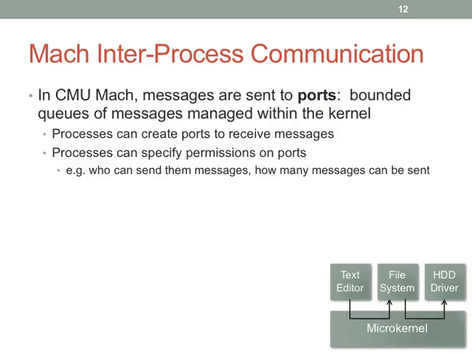So here's a little bit about the abstraction. You'll notice it's very similar to what I just described about how people tend to approach this. So you had ports. Ports were basically endpoints that processes could listen on for messages. So you could create a port. You could say who's allowed to send me messages on this port. So you could have two processes that only communicate with each other over a particular set of ports.